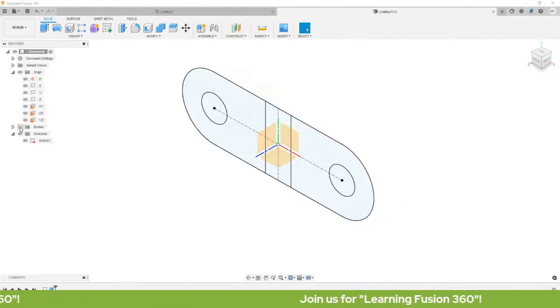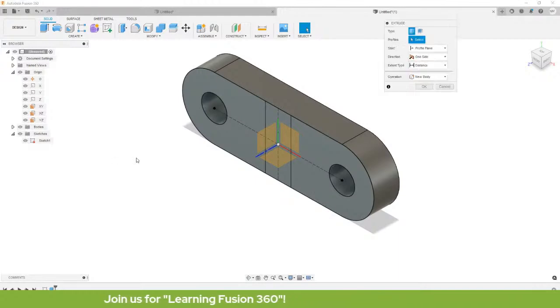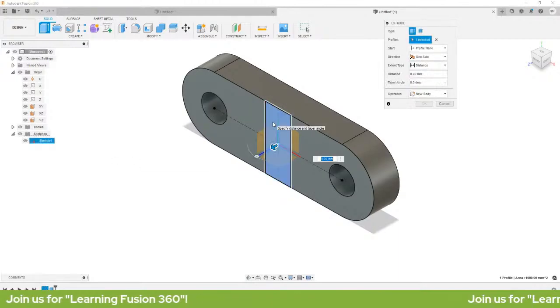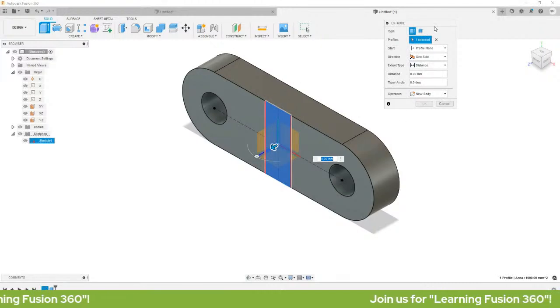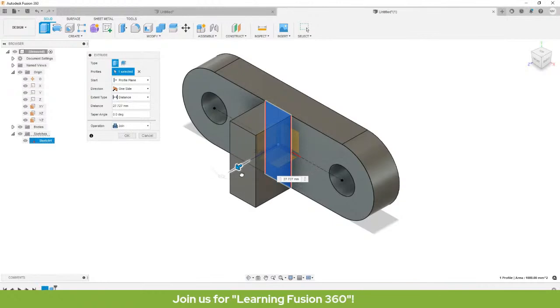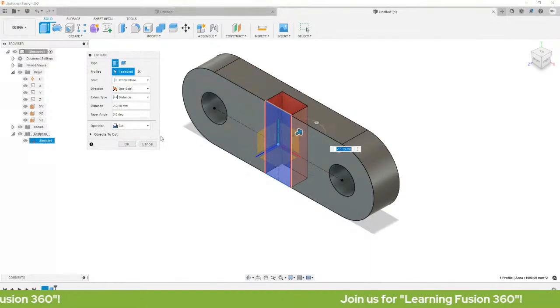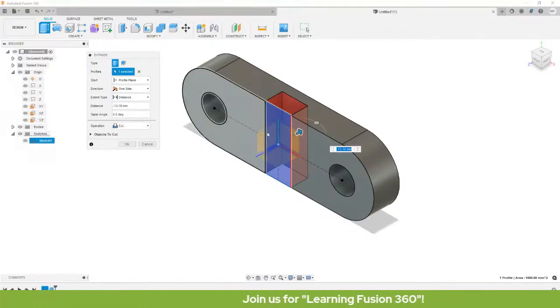So, nawawala and bumabalik siya. Okay, so press E once more. Select natin ito. Okay, so pansinin nyo dito, pag finorward ko to, nag-automatic operation siya ng join. Pero, pag binackward natin, nag-cut siya. Okay?